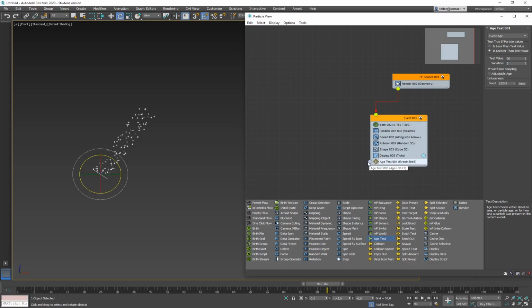But if you move your particle with a test, for example, into a new event, the particle age is not changing, it's not reset, but the event age is starting from the beginning. So you can test for different ages. I'm going to check for particle age. And right now, they all are born for 150 frames. So I'm going to check my particle age older than 50. So let's see, I'm checking if my particle age is greater than a certain test value, and the test value is 50.